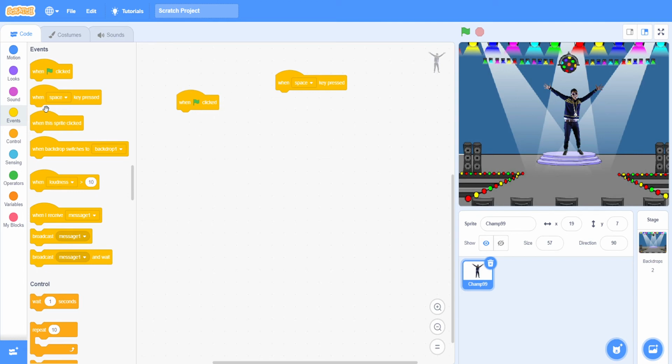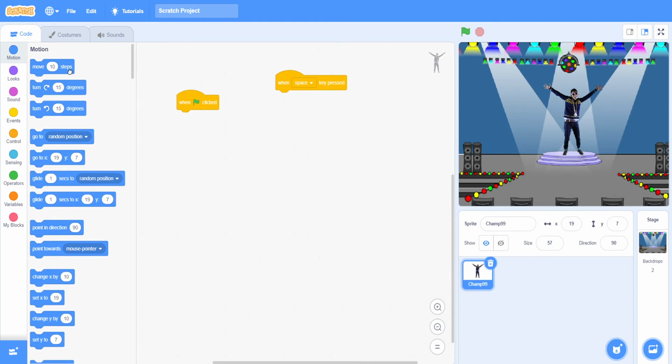So I'll just bring a motion block which is move 10 steps. So for code, I want you to remember these two important icons, which is the green flag and this red icon, which is for stop. So this is when green flag clicked. It's written over here. So click green flag, let's go 10 steps. And this is